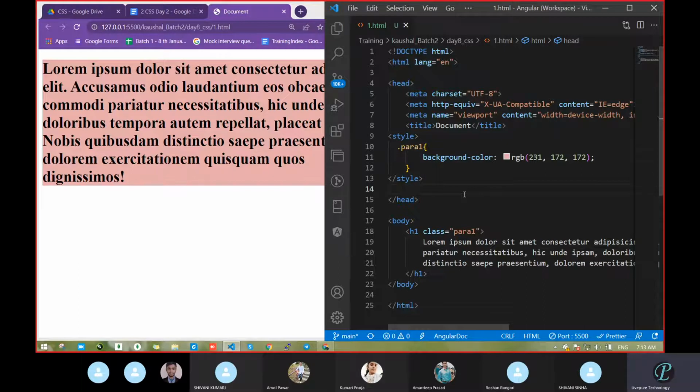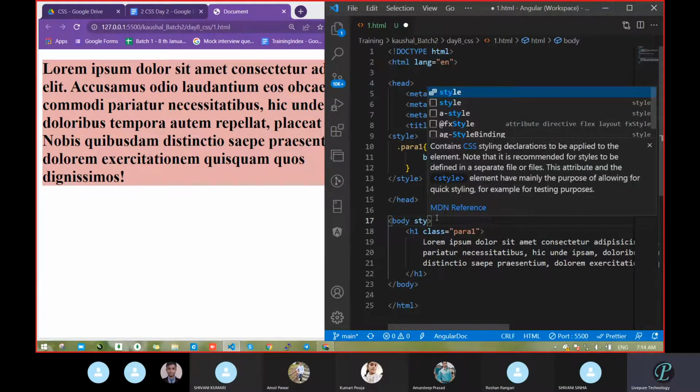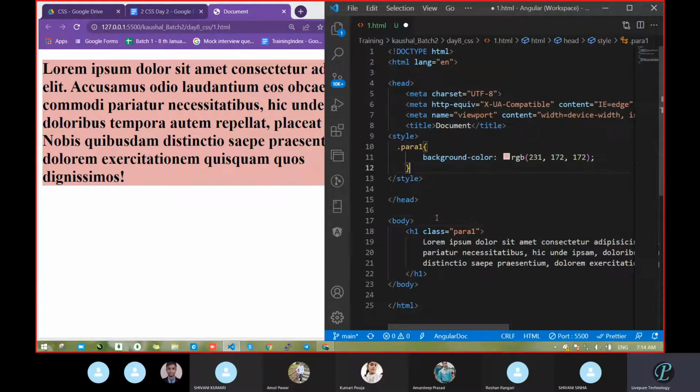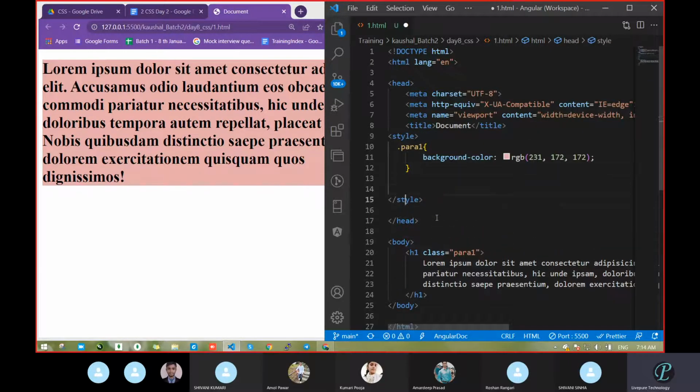If we are thinking regarding the body, then what is the root? Class para? No, class para is the root for this paragraph only. But if we want it in the full body, then what is the root? Sir, inline, add style in the body tag and apply internal. Correct. So apply it on the body tag. Here we have to move the style tag, meaning to line number 17, and pass a style here. If we want a style this way, that is also fine. If not, then no issue. You can go here and give any class name.